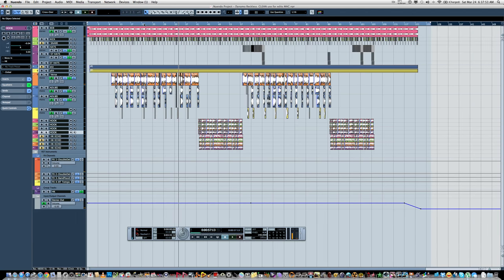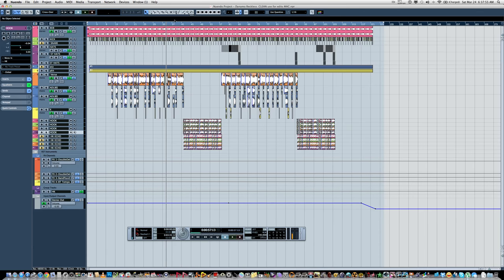And as you can hear, the profanities were gone. Now what we do to make this work is take these parts here. We have this session here, and since they're already cleaned up, and I already spent the time to make this version, I'm just going to shade all these parts. I'm going to grab this range tool and go from the end of the project all the way to the beginning. Make sure I just have this track selected.